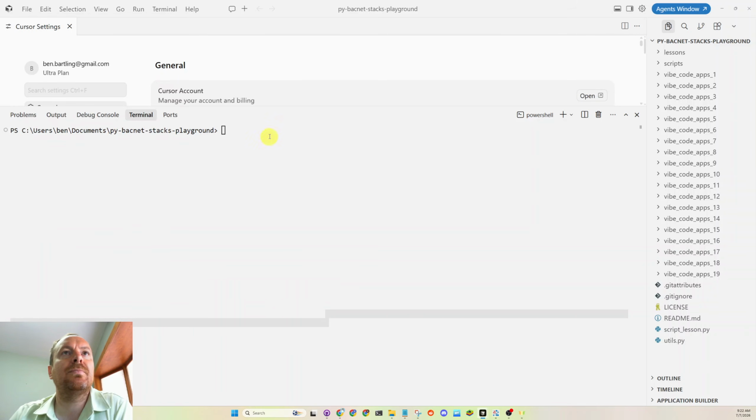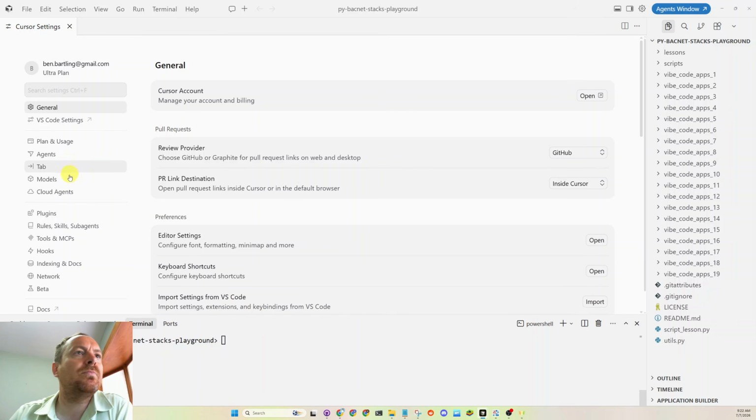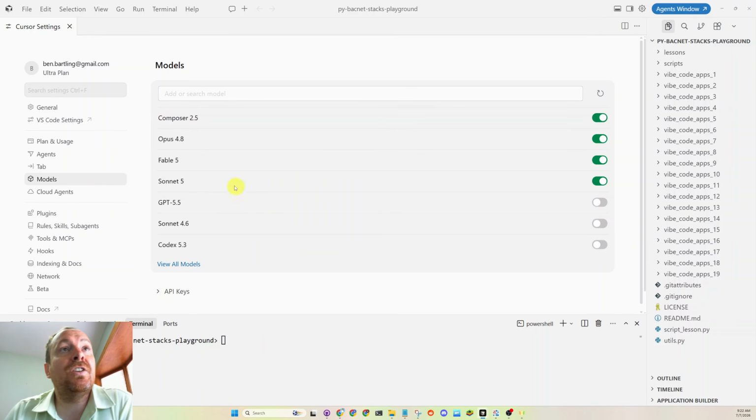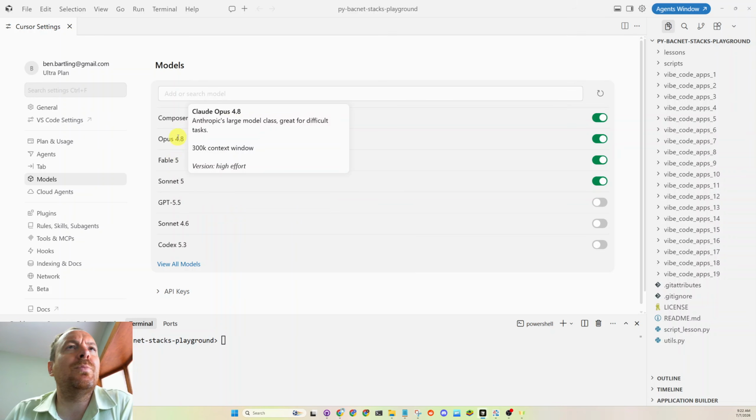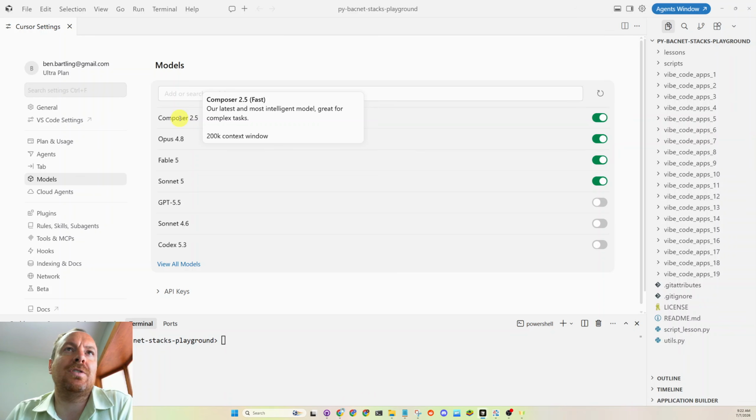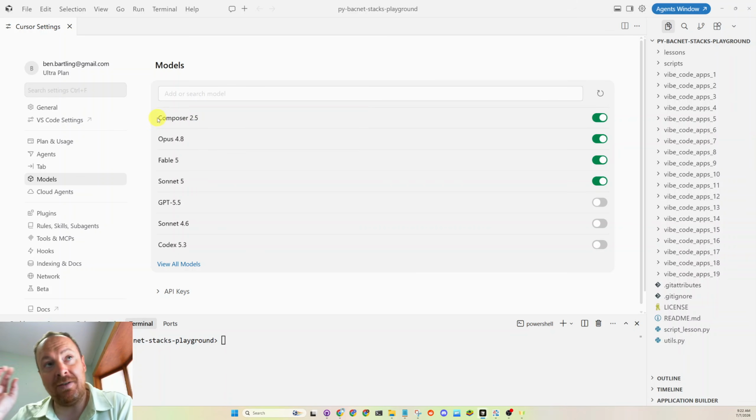Then I'm currently on Cursor settings, models. At the time of recording this video, the famous Fable 5 is out. Most powerful model, banned by the government. And Opus 4.8 and Sonnet 5. And I'm also still using Composer 2.52. So I just have Cursor in auto mode, so I don't know what the hell it's doing under the scenes. I have a feeling that these guys do all the orchestrating and then Composer does all the writing, which is fine by me because